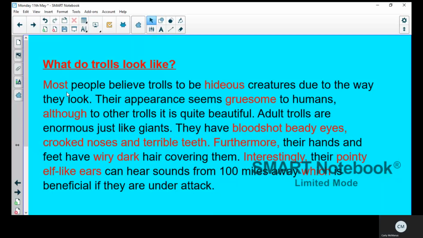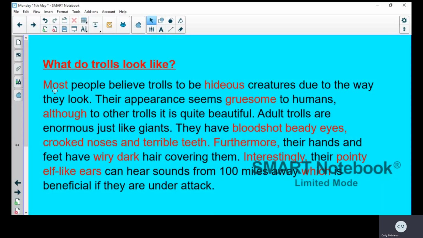So remember that I'm asking for, now remember your subheading won't be what do trolls look like. You need to have a look in your plan what your 3rd paragraph was about. I'm expecting 5 or 6 sentences on whatever your paragraph is about, and I'm expecting to see all the different wolves in there.